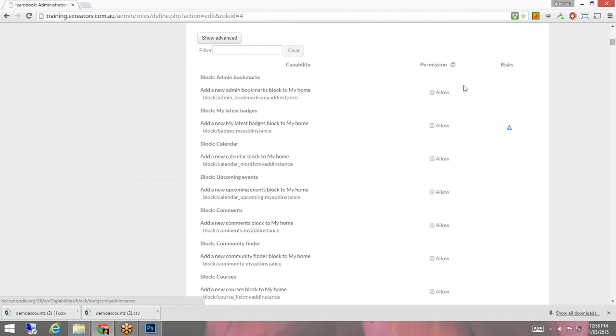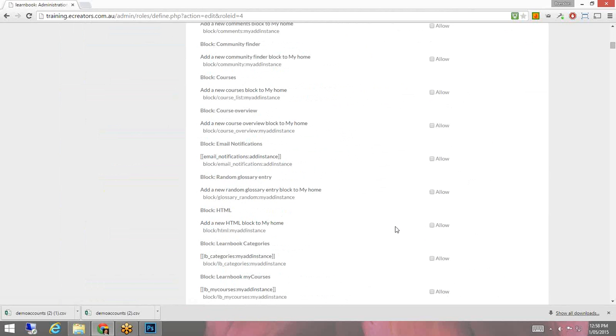scroll down a little bit further, you've also got all these permissions that you could actually come across and put ticks into to choose to do the allowing of those different areas. Now, most of that is something that eCreators would take care of based upon what your requirements might need to be, and there'll probably be just some information given to you in regards to what level they actually have access